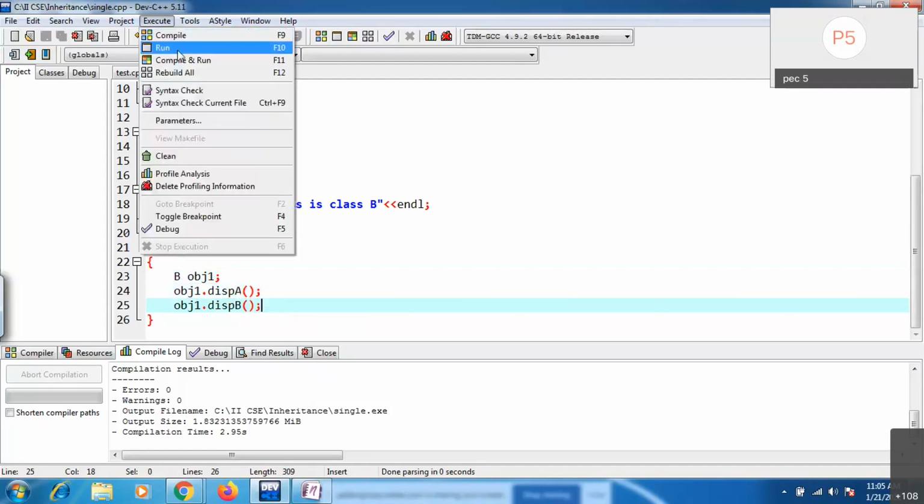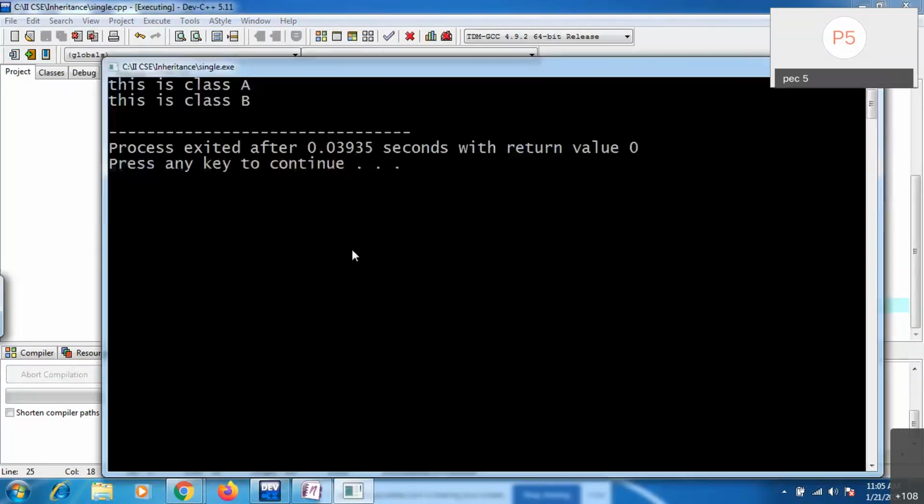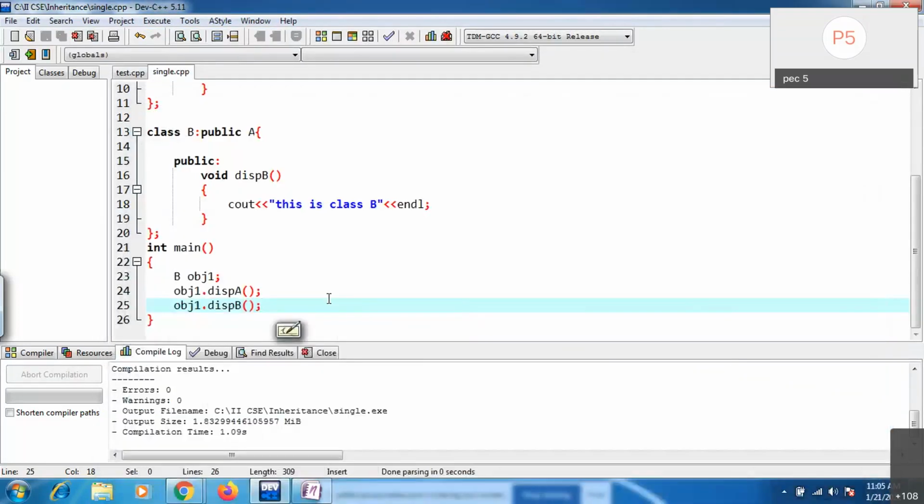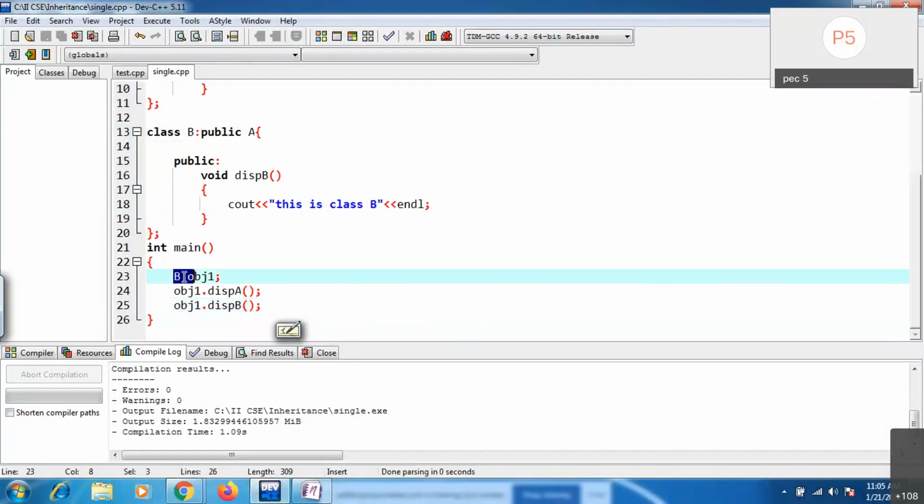Now you can see it will print both: this is A and this is B. Clear, right? If you create an object for the derived class, inside the derived class both A class members and B class members are available, so you can use both.